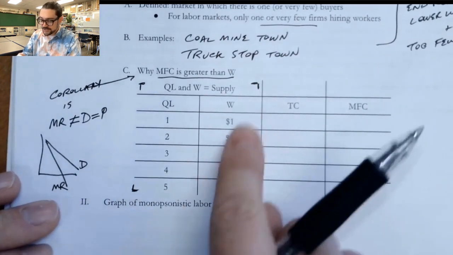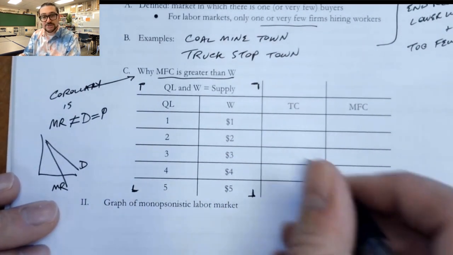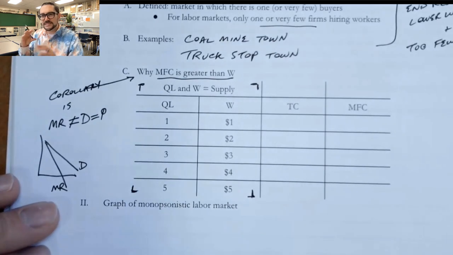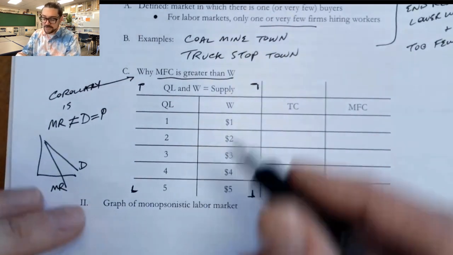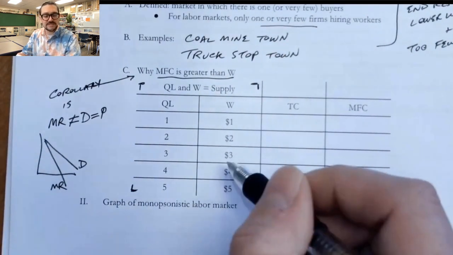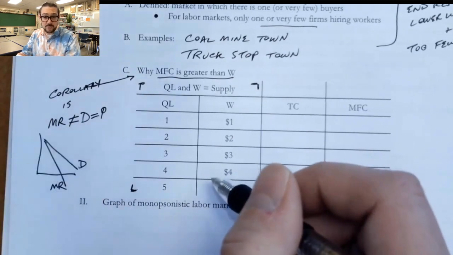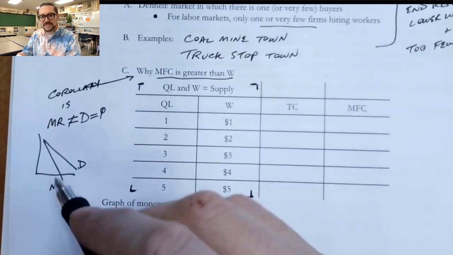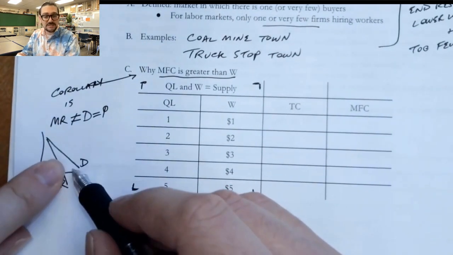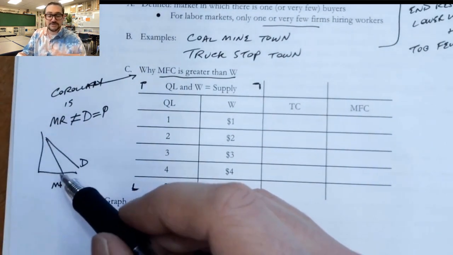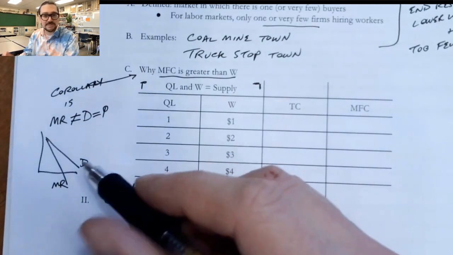And what we're going to do here is just calculate some numbers off to the side to show that if the firm that's doing the buying of the labor is buying from an upward sloping supply curve, then they're going to run into this problem where, as they pay the higher wage to hire the next worker, the actual cost of that worker is going to go up faster than what just the wage did. It's the same problem that we said in order to sell additional units, the monopoly had to lower the price, causing the marginal revenue to fall faster than the decreases in price were. It's just going the opposite direction.